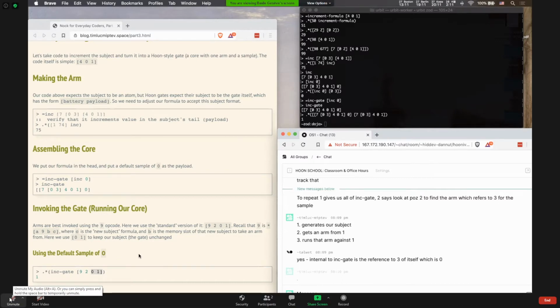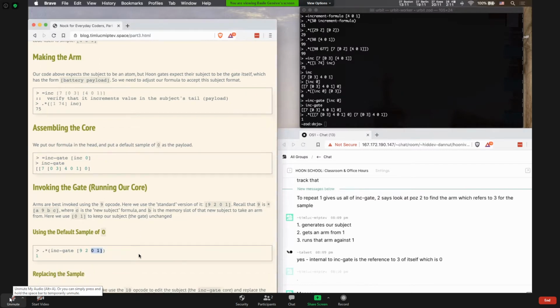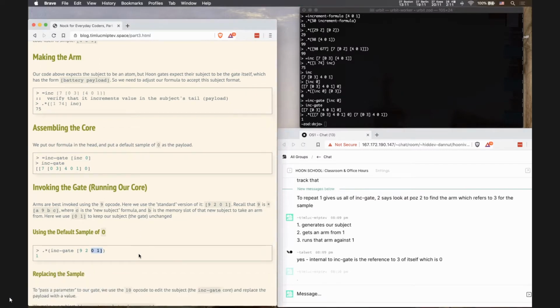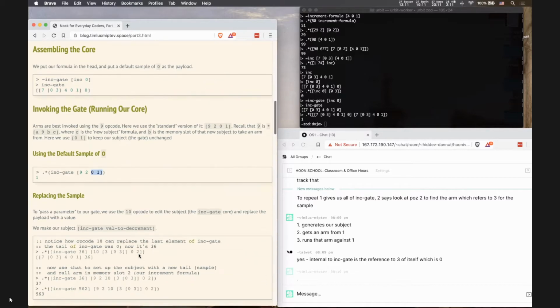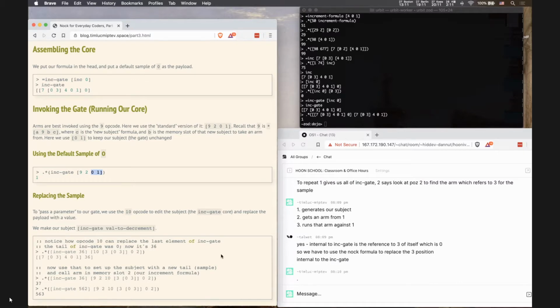Exactly correct. Extremely clearly stated. We have to use the Nock formula to replace the 3 position. There is a Nock formula that's perfect for that, which is Nock 10. I want to actually go back to some replace. Yeah, exactly. So we have to go ahead now, and what I'm going to do here is